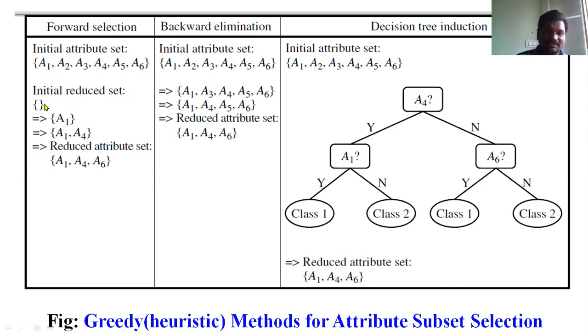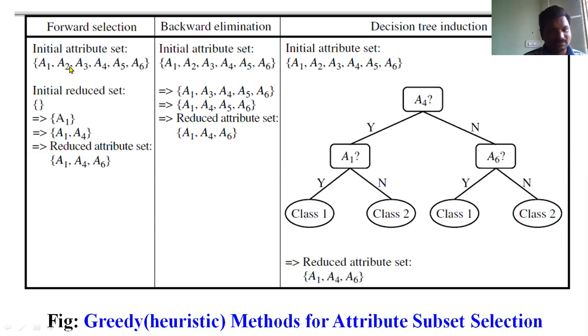I take the empty set first, and then among the different attributes I identify the best ones. Among these, A1 is a best one, and A2 is not the best. It may be an irrelevant attribute, or maybe a redundant one. That's why